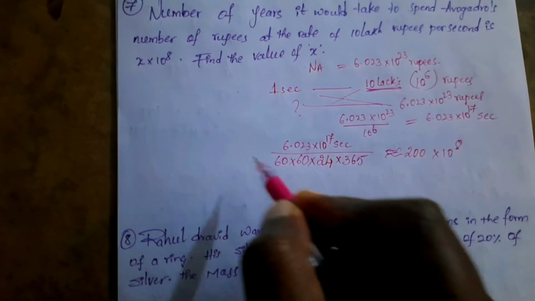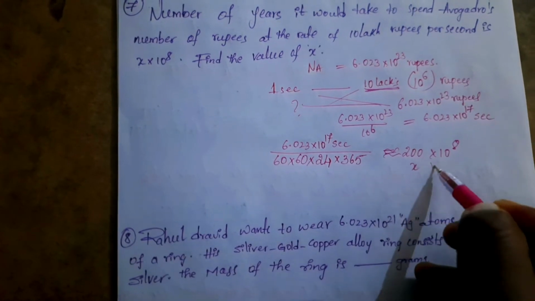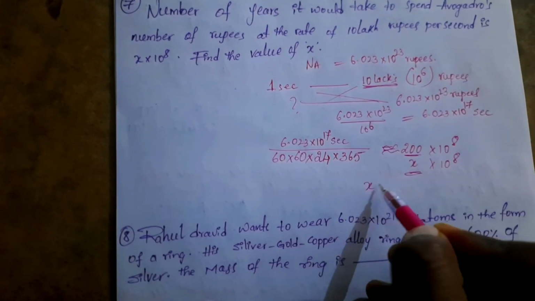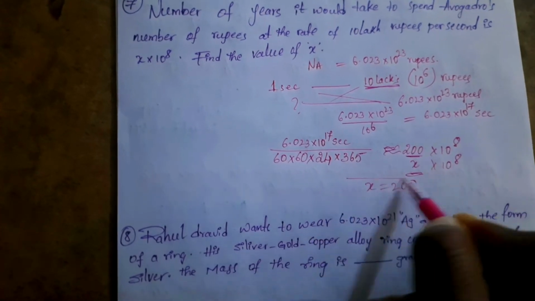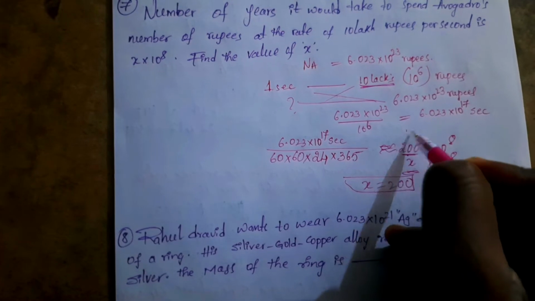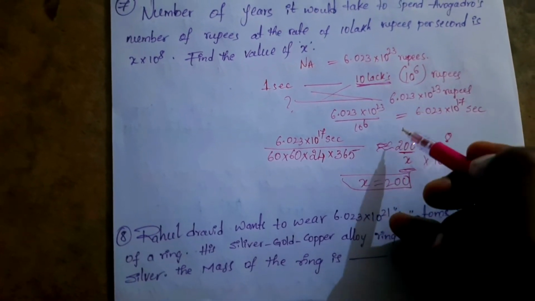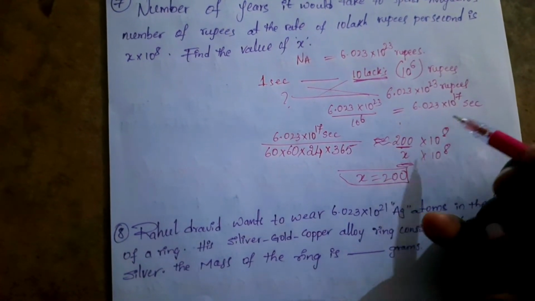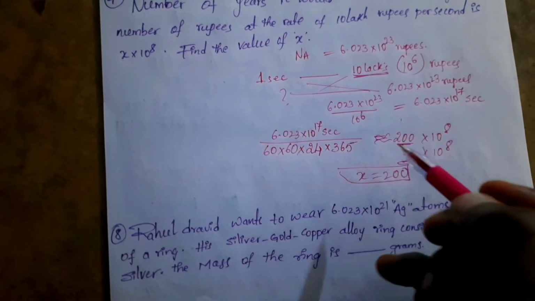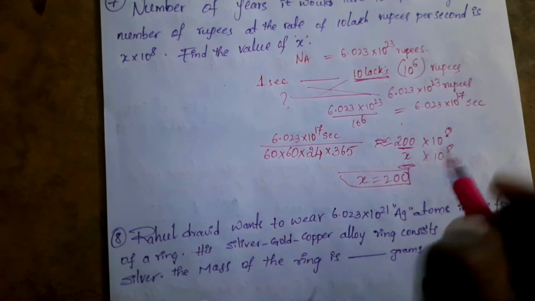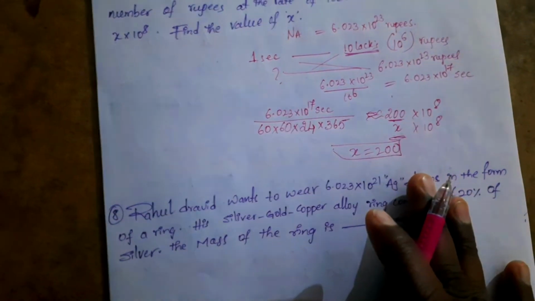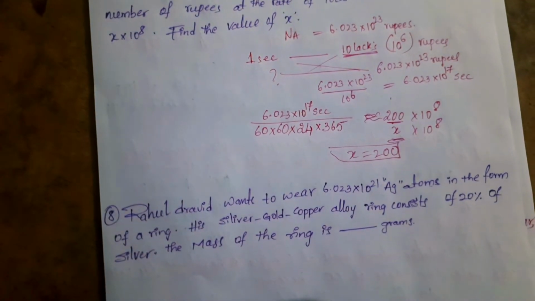Now what is the value they have given? X into 10 power 8. In place of x what do we have? 200. X is equal to how much? 200. You won't get this exact 200. You will get 19 point something. That 19 point something into 10 power 9, some value you will get, that you will convert into a round figure, 200 into 10 power 8, because we want that x value. Is that clear? Yeah, next one.